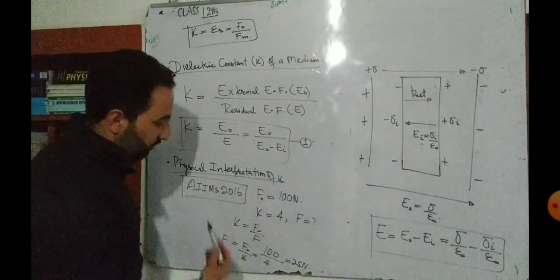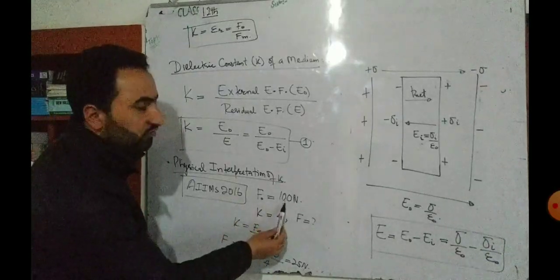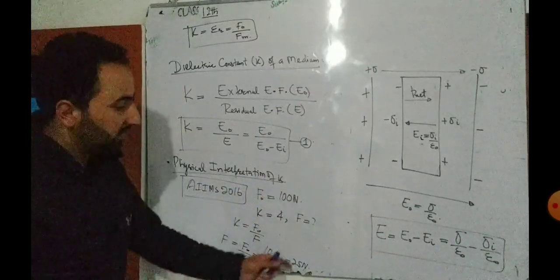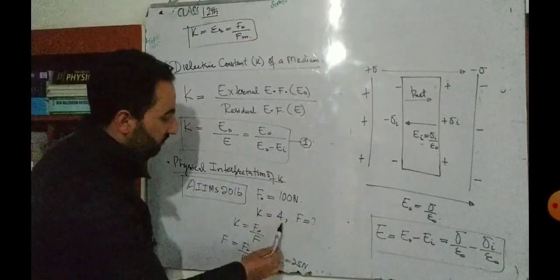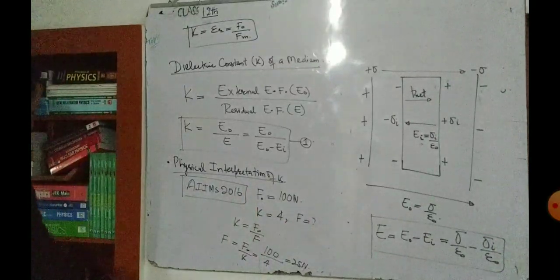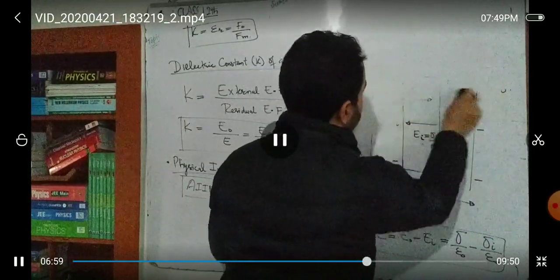Okay. तो simple procedure क्या है? K is equal to 4. 4 implies that the force will reduce by 4 times. Now 100 divided by 4 is 25. So the force weakens and it becomes 25 Newton. 100 by 25 is 4 and that's called dielectric constant. Simple concept. ठीक है ना बेटा? Okay. Now here another important point. अब ध्यान दो बेटा.